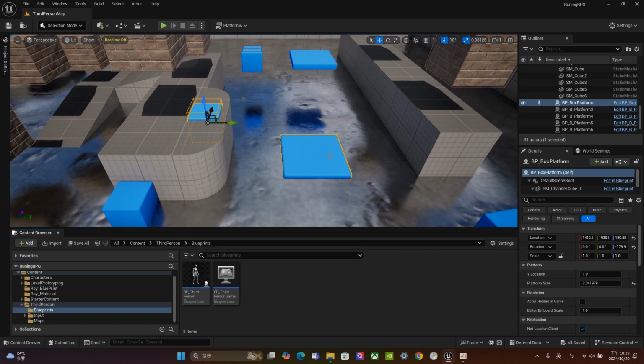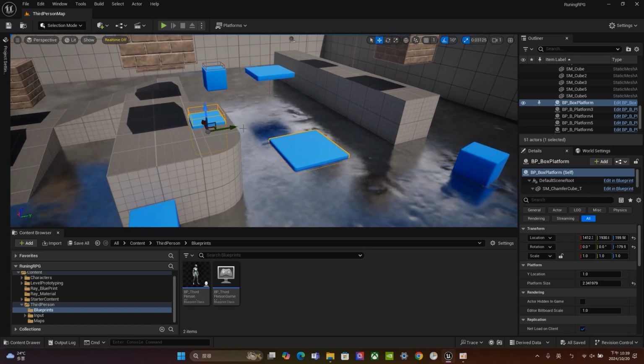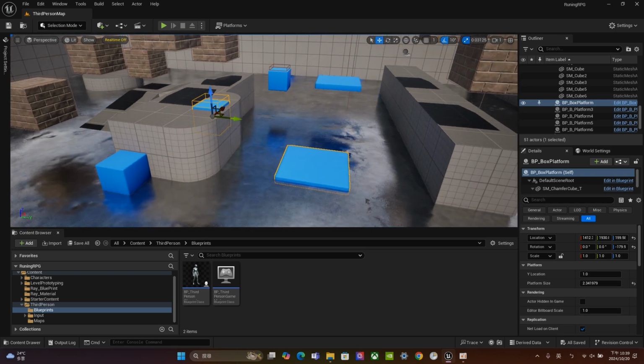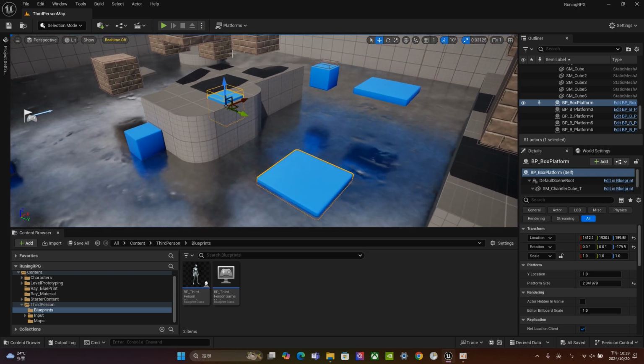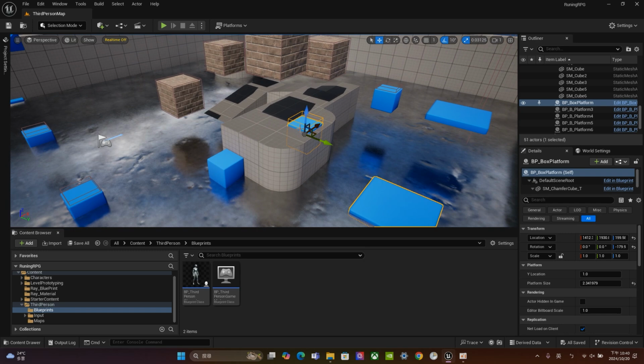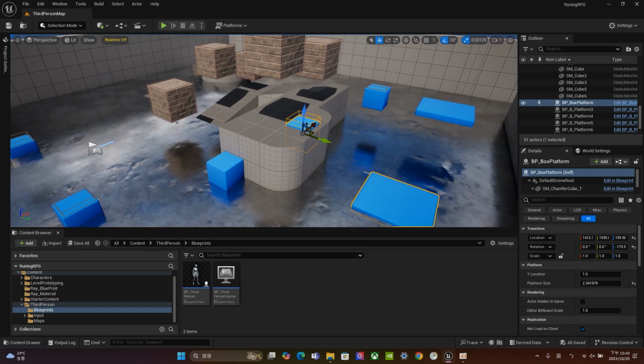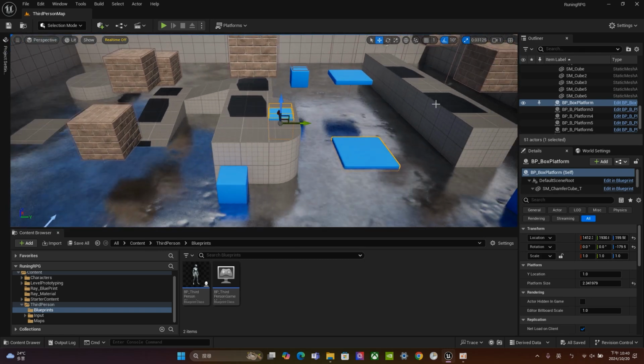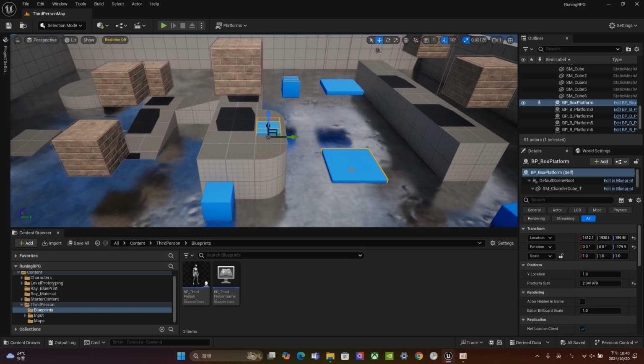Okay, good morning everyone. In the last tutorial, we finished this platform and its trigger. Once our player goes through all this difficulty and touches this button, this platform will rise up and this button will fall down, so our character can jump on this platform and go to the next island. That's the basic operation of this kind of